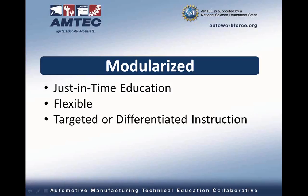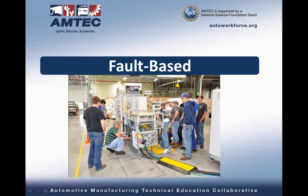Again, we talked a little bit earlier about the modularization. We have the 13 courses that are broken up into 57 modules. Some of our courses are as few as 2 modules. Some of our courses are as many as 7. We used a standard rubric for determining how we subdivided into modules, which was that basically each module would culminate in some appreciable skill that would be of value whenever they entered the workplace. So each module has at least one skill standard that it targets, and that whenever they complete that, they should have improved their ability